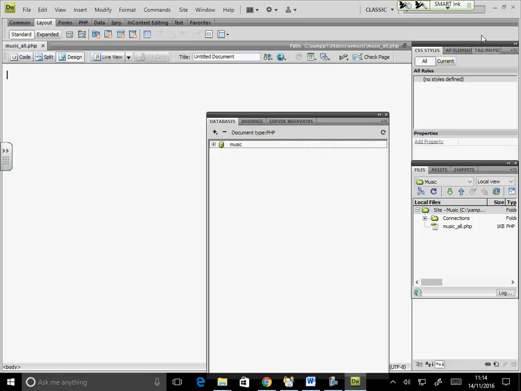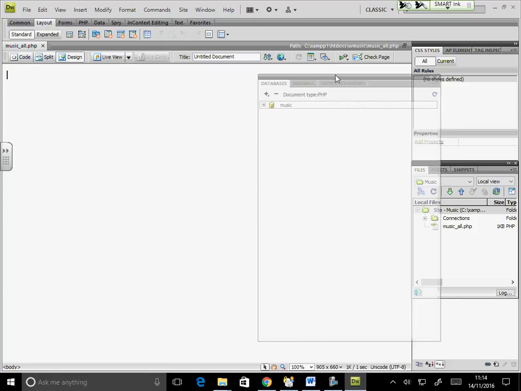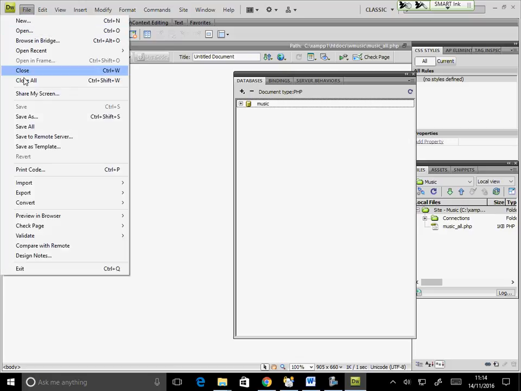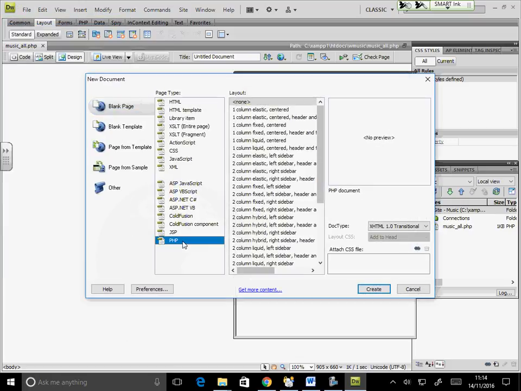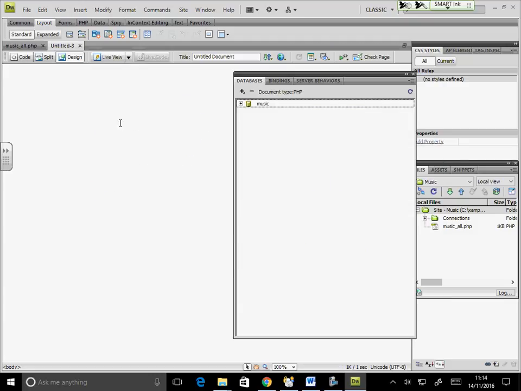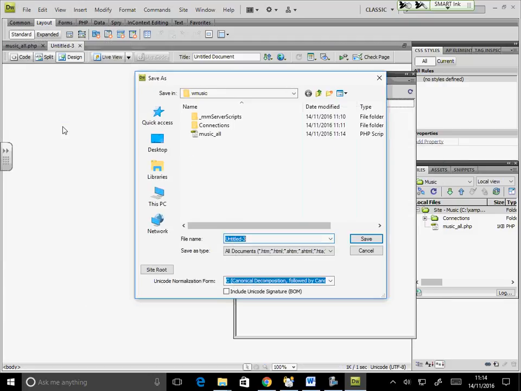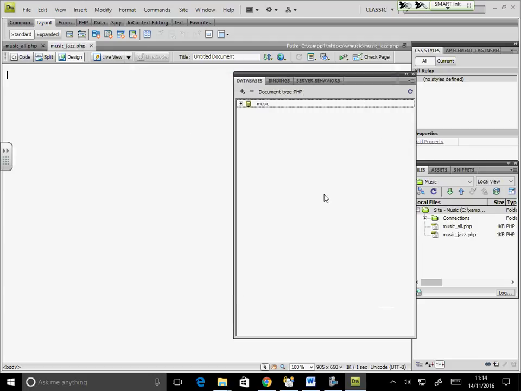And I'll create one more, which is file, new, PHP, create, and I'm going to save this as music jazz. So I've created one page which says music all and the other one music jazz, just to show you the difference, right?